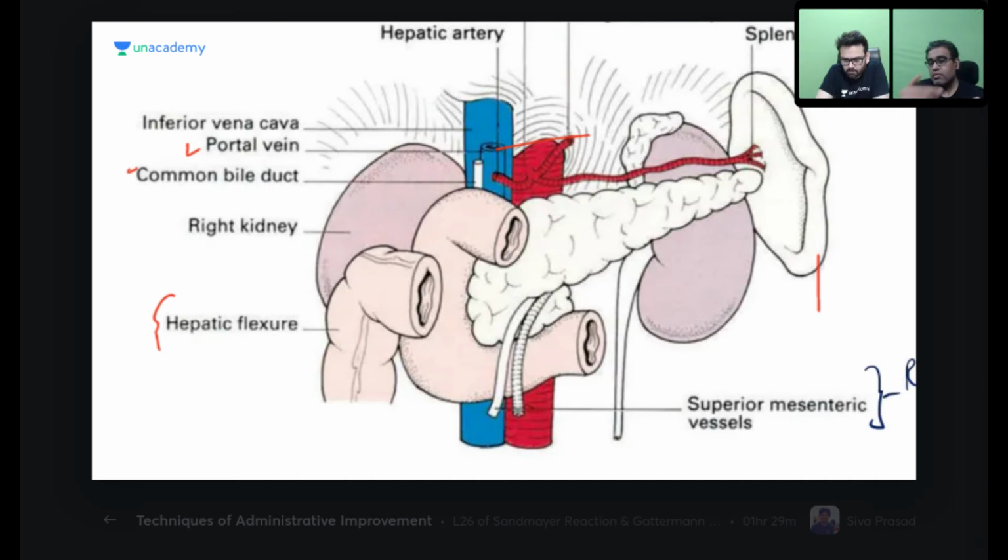Superior mesenteric artery formation or origin is again behind the pancreas. Why? Because this whole is transpyloric plane. If you understood, this D1 started from where? This is the D1 where the pylorus ended. Stomach, cardiac, fundus, body, pylorus. Pylorus ended over here. Now, if you take the imaginary plane from the pylorus, you know that you have this transpyloric plane. So what you are looking at the center of the figure, if you in your mind imagine a transverse line running, that is your transpyloric plane.